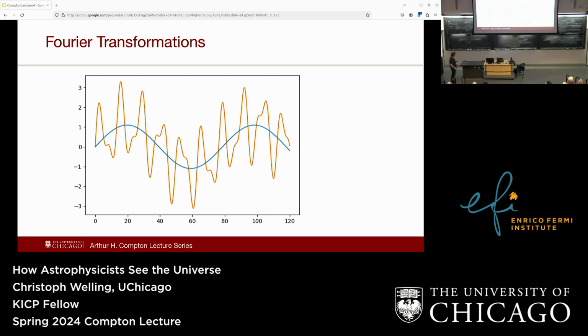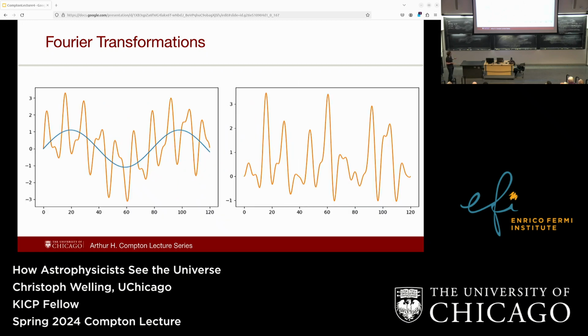So what I can do is, at every one of these points, multiply these 2 signals. I take the blue curve times the orange curve and so on, and then I get something like this. You can see that overall, what I get tends to be positive, instead of this thing here, which is roughly 50-50 positive and negative. So if I pick this blue line correctly, then on average, if I multiply those 2, the average should be larger than what I would get if I picked the wrong wavelength.